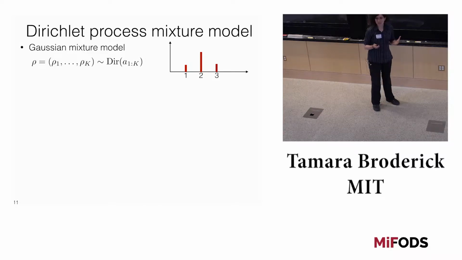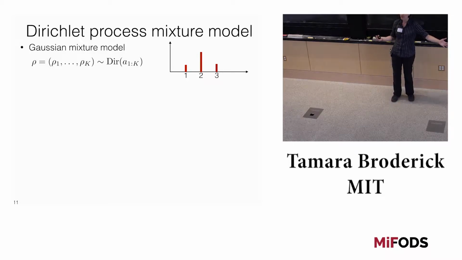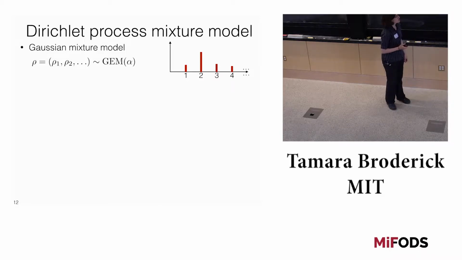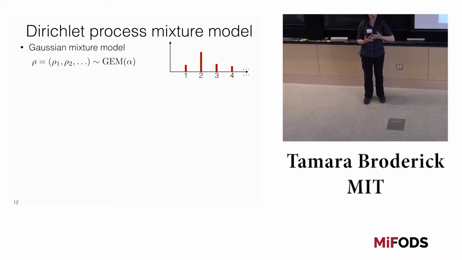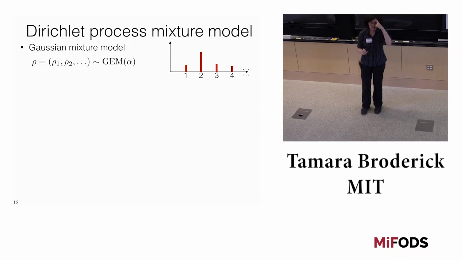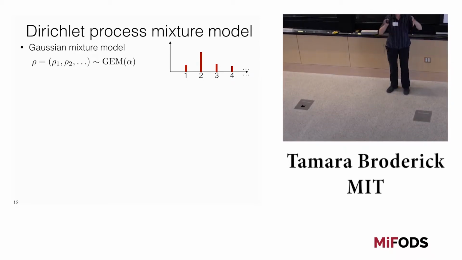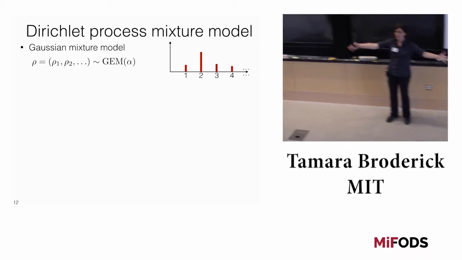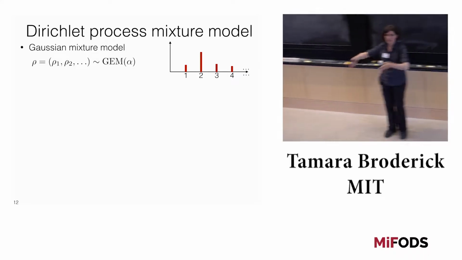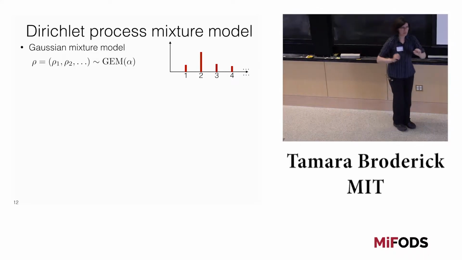And then where we ended was extending this to the case where we don't run out of components, these unfilled or filled clusters. We want to be able to go to infinity. We want to always have an unbounded number of clusters that we can call on in our work. And so we introduced this GEM distribution, the Griffiths-Engen-McCloskey distribution. The defining feature of the GEM distribution was that we just kept breaking off beta distributed proportions of our stick of mass 1. So we'd break off a Beta(1, alpha), then a Beta(1, alpha) of what's left, and then a Beta(1, alpha) of what's left, et cetera.